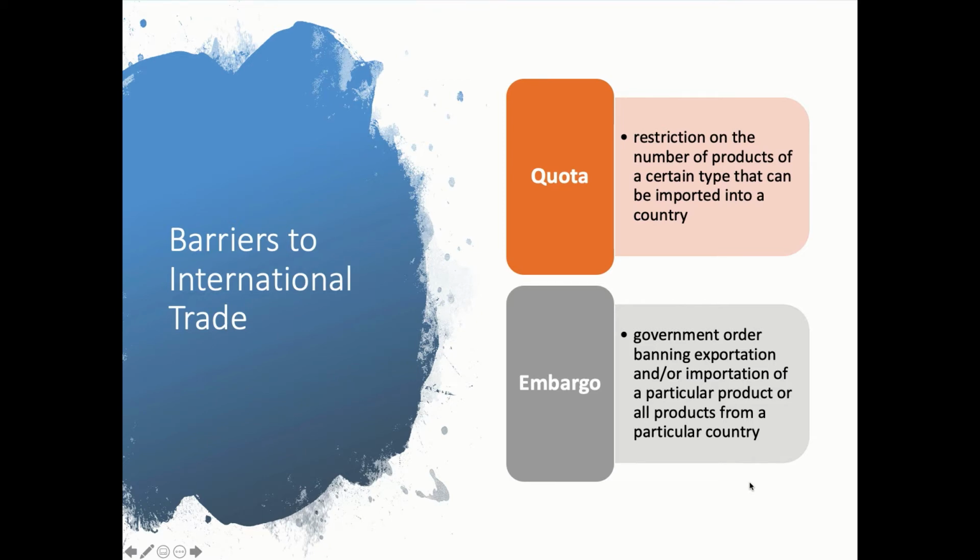You may not import any goods from this country, or in the United States' case, you will not export any goods into a country like Cuba. We've had a long-standing, complete embargo on economic activity between the two countries since the 60s, right? And so that's one way of dealing with international trade, to either put limits or a complete ban on import or export activity. That's certainly a pretty heavy-handed but effective way to put the brakes on international trade.